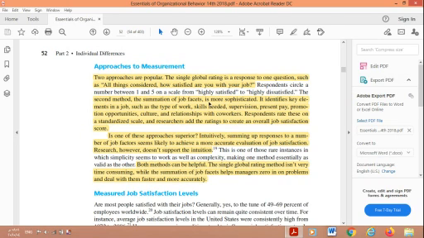So it defines key elements in a job such as type of work, skills needed, supervision, present pay, the promotion opportunity, the culture, relationship with co-workers. So the respondent rates these on a standardized scale, and researchers add the ratings to create an overall job satisfaction score. فهنا طريقة أكثر تفصيلا بتاخد بعين الاعتبار الكثير والكثير من الفاكتورز which is related to